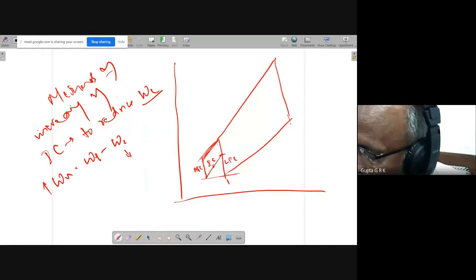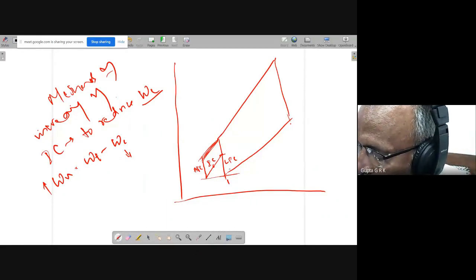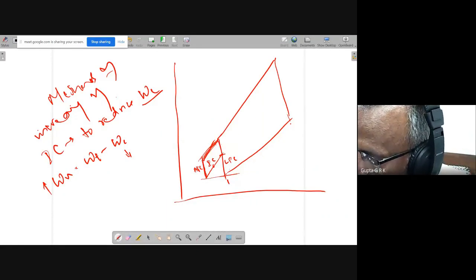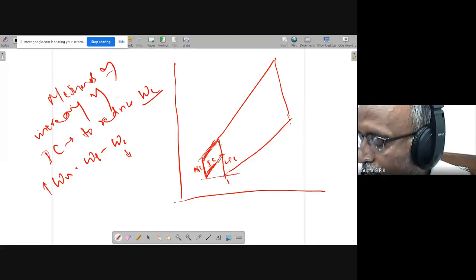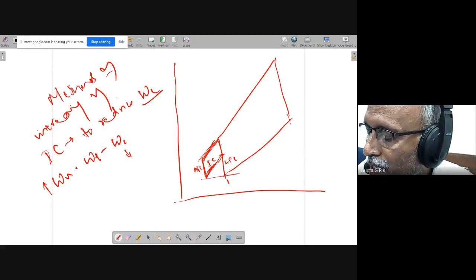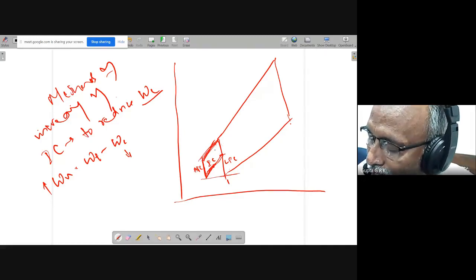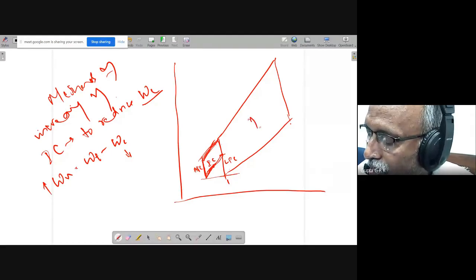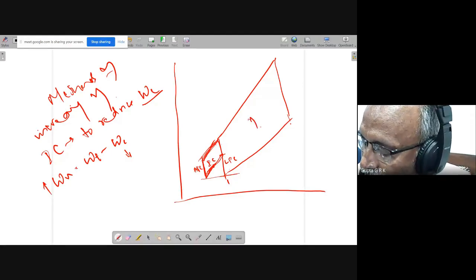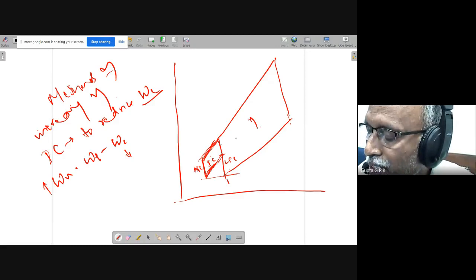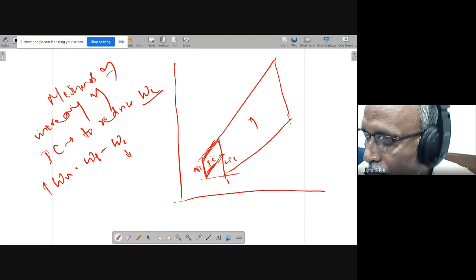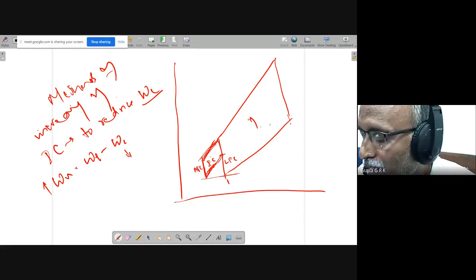Okay, here this is a simple cycle, and to this I am adding another simple cycle, which is again a Brayton cycle. This is a small Brayton cycle. This is a big Brayton cycle. So I am adding a small Brayton cycle to the big Brayton cycle. So it depends. Suppose it has some efficiency. If this added cycle has less efficiency, overall efficiency decreases. If the added cycle has more efficiency, then overall efficiency will increase.